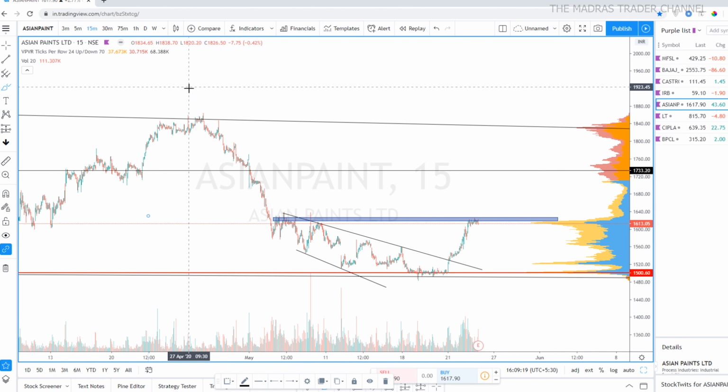So coming back to the volume profile, what is the major difference between volume and volume profile? It's very simple. Volume is based on time. At this time, let's say 9:30, there has been a huge volume. What volume profile does is that it shows you at 1610 there has been a huge transaction. At 1500 there has been a huge transaction. That is really good information, right? In that case, we get to know where the smart money is.